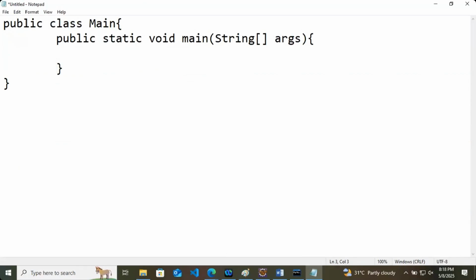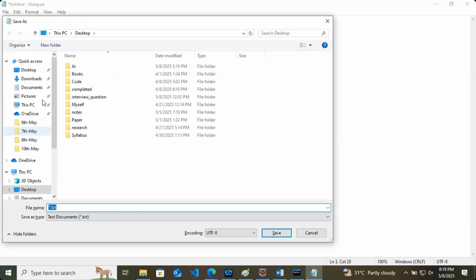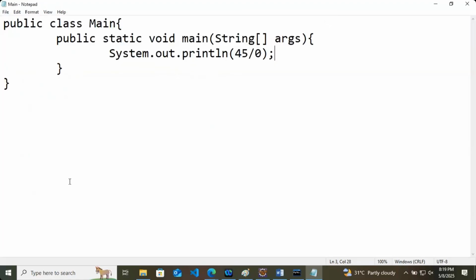And inside this, I am just printing System.out.println(45 / 0). Now this 45 divided by 0 is a mathematical problem. Even mathematics is not able to give the answer to this question, that you cannot divide by 0. Now this is the exception.